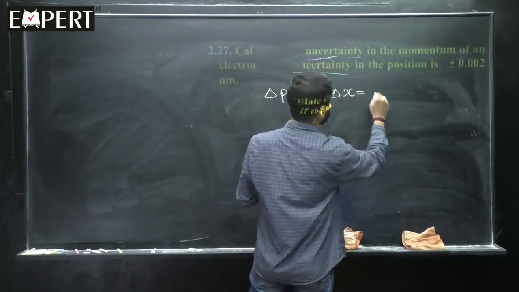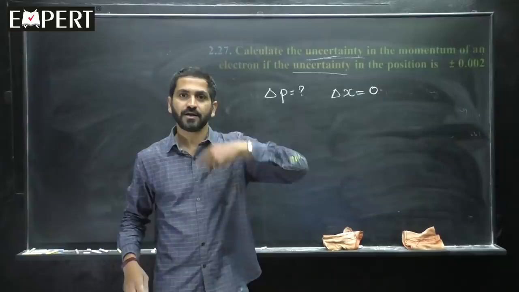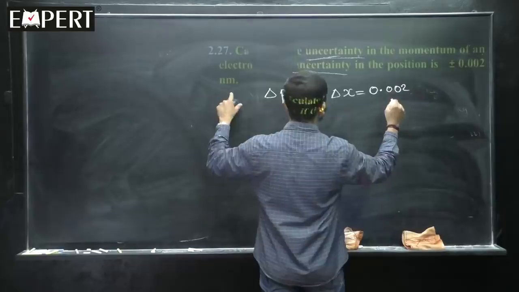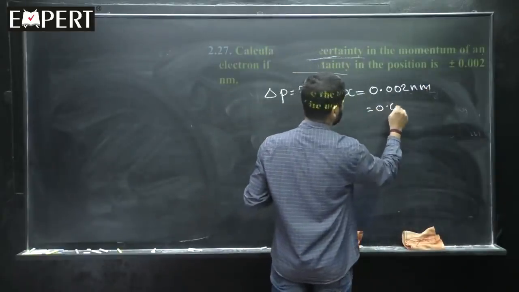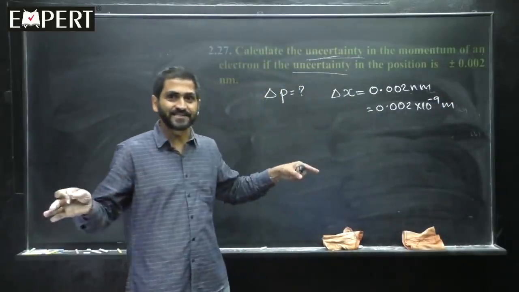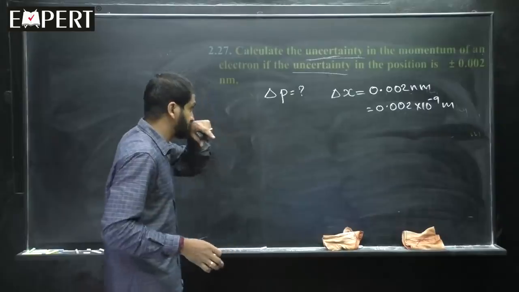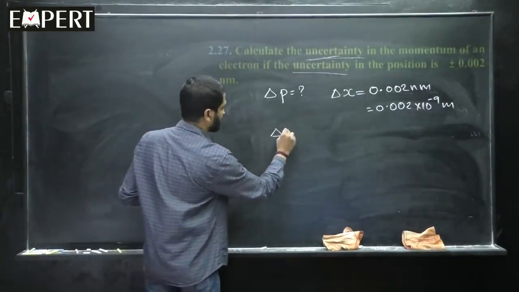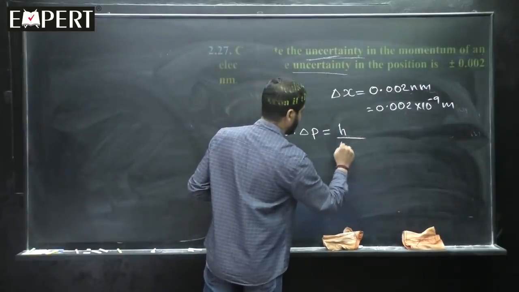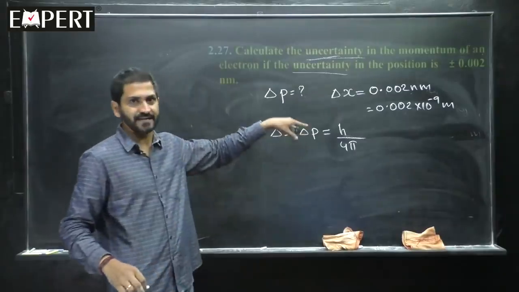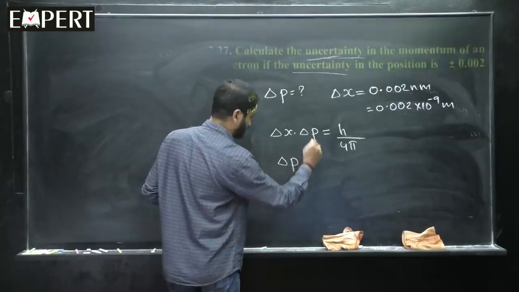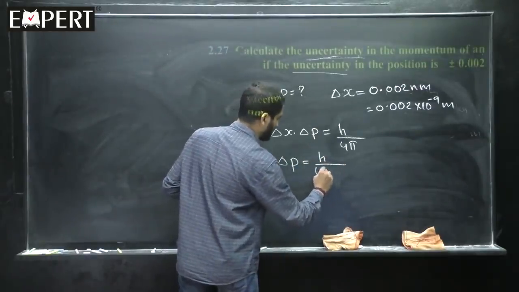What is uncertainty in position? Plus or minus 0.002 means not there, not here, in between. So, you can just write 0.002 nanometer or 0.002 into 10 to the power minus 9 meter. Within this range, understood. So, that is uncertainty. According to Heisenberg uncertainty principle, you write the equation h by 4 pi. When you write the numerical, you can use equals instead of greater than or equal to. So, therefore, delta P equals h by 4 pi m